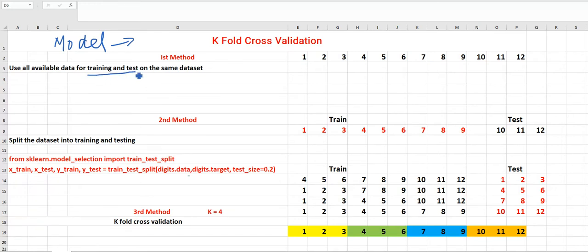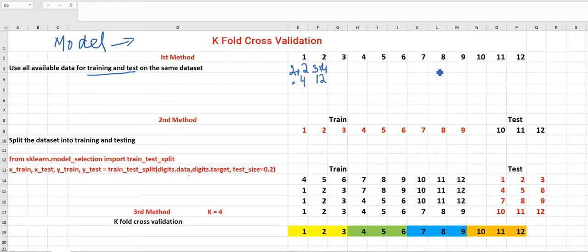What is the meaning of training and testing? Here I will give you an example. Suppose these are my math questions. I have made 12 math questions, and I teach you each and every question. If the question is 2 plus 2, the answer is 4. If I ask what is 3 multiplied by 4, the answer is 12. So I teach you each and every question, and at the end I say now I am going to take your test, and I will take the test from these 12 questions.